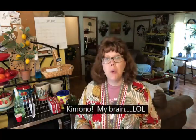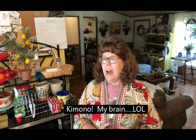I will show you first the item that was the hook that got me into the store. All right, I don't know if you can see this, but this is what got me into the store. It was this cardigan, not a cardigan, it's a cover-up, like a tunic, or oh, I can't remember the term they used for it. Maybe it says on the tag, but anyway,